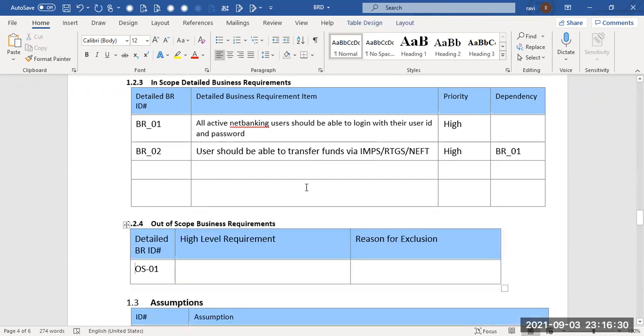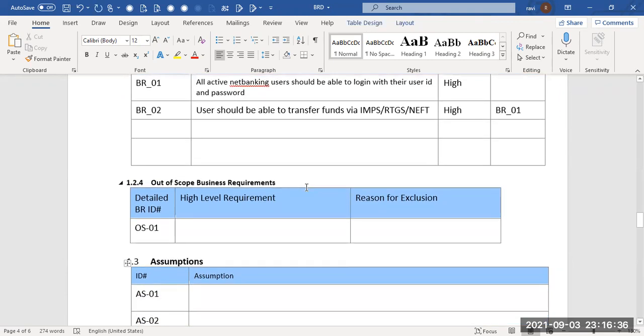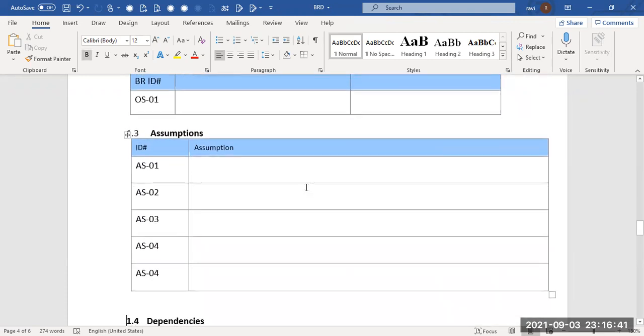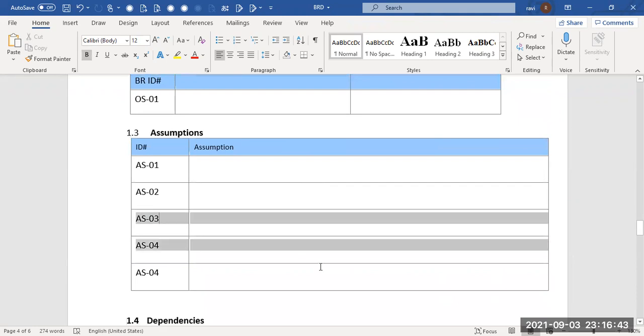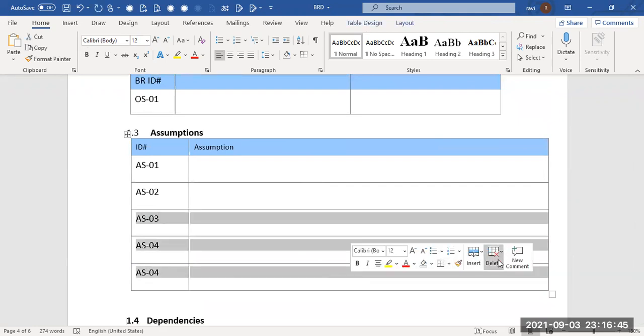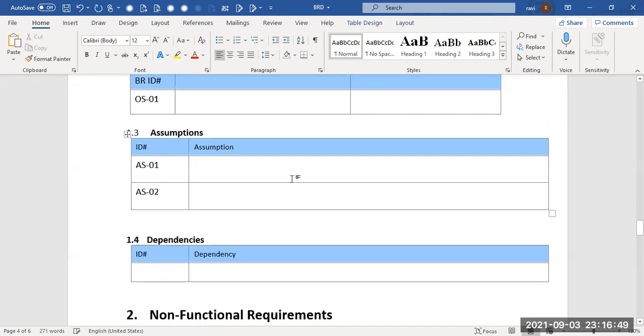Okay, so you can document any of the out of scope business requirements here, and say what the reason for excluding is, and then any assumptions that you're making here. So you have to list all the assumptions here. Again, you can maybe write two assumptions. So an assumption could be that